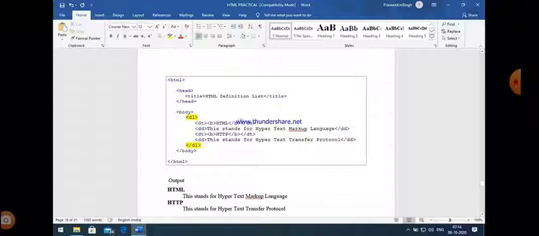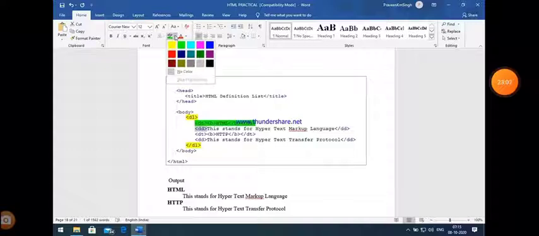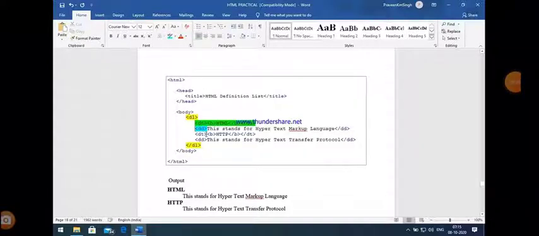So basically there is a single definition list here in which two different terms are described. These terms are HTML and HTTP. Now you can easily see that I just gave a different color to represent different text.